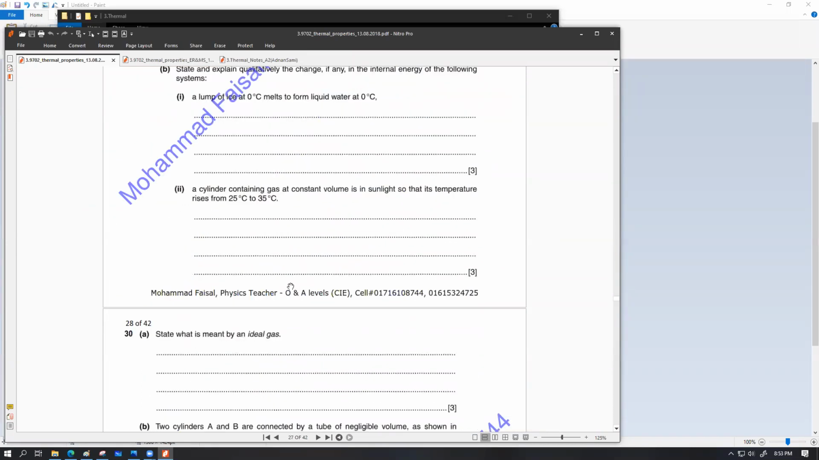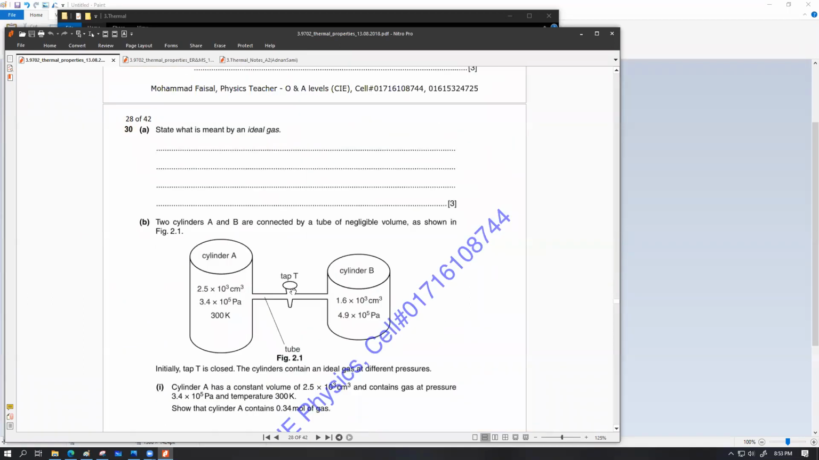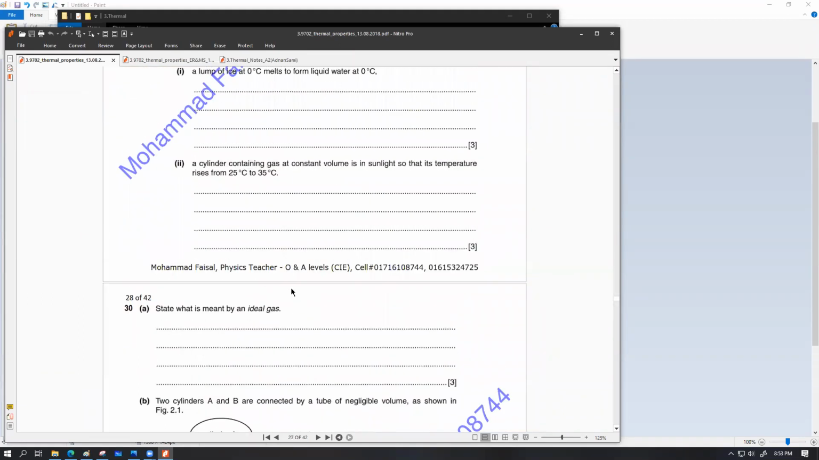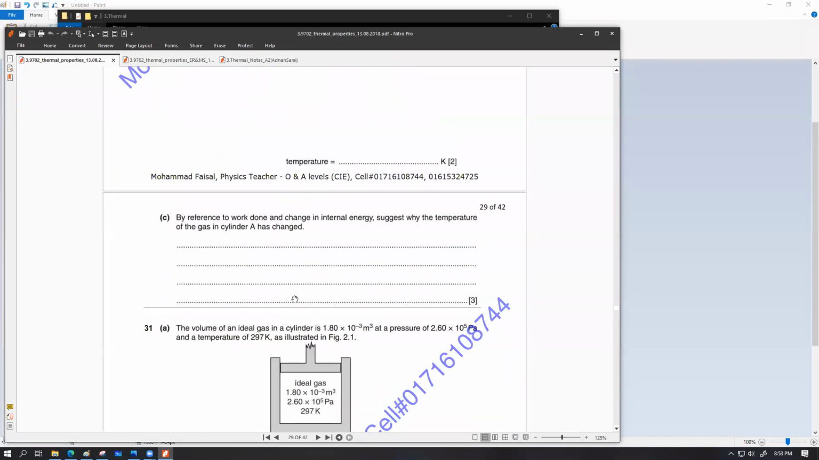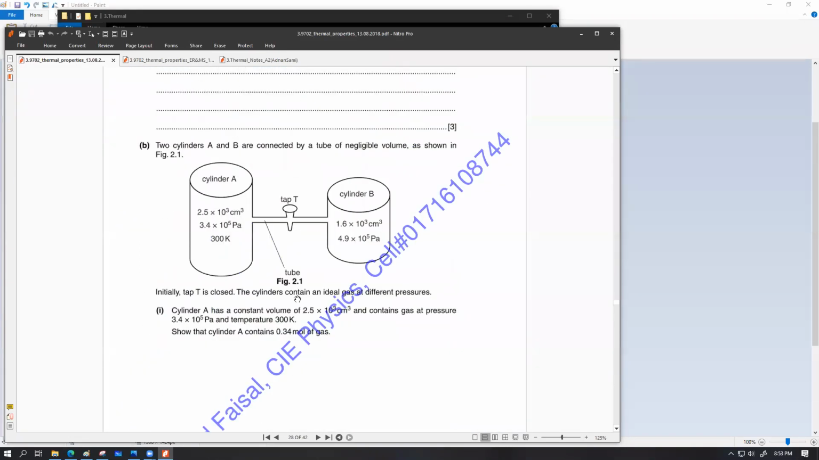Moving on further, 30 পারা গেছে। স্যার 30C এর মার্স স্কিমের পয়েন্টটা বুঝিনি। আচ্ছা আমি কোশ্চেন একটু দেখি। Two cylinders A and B are connected by